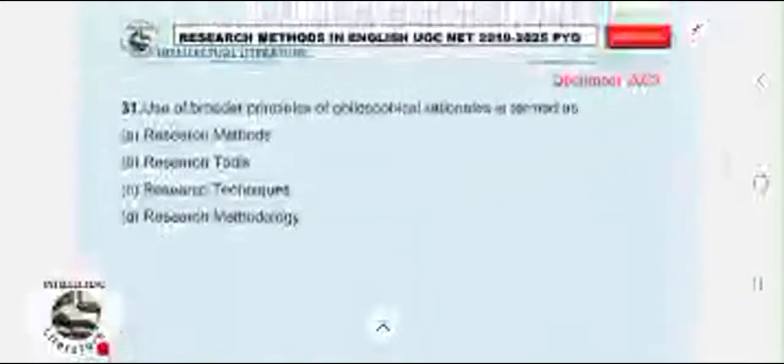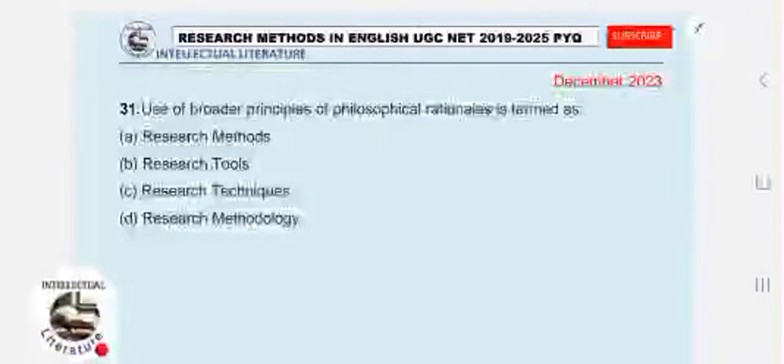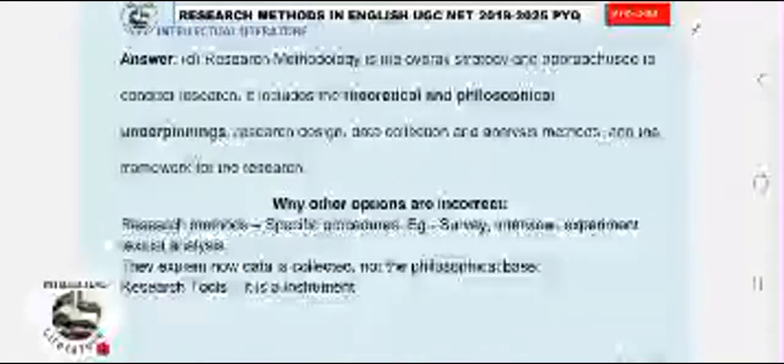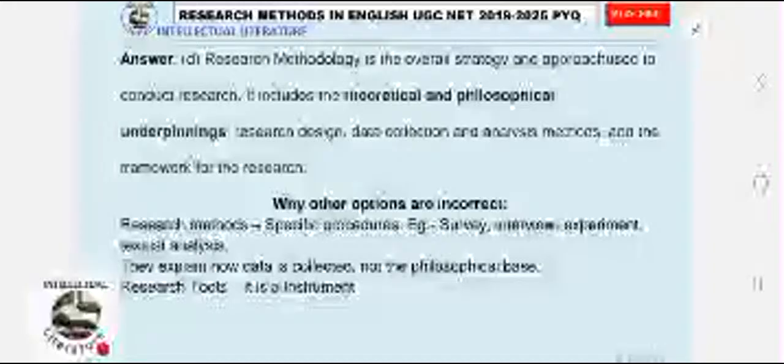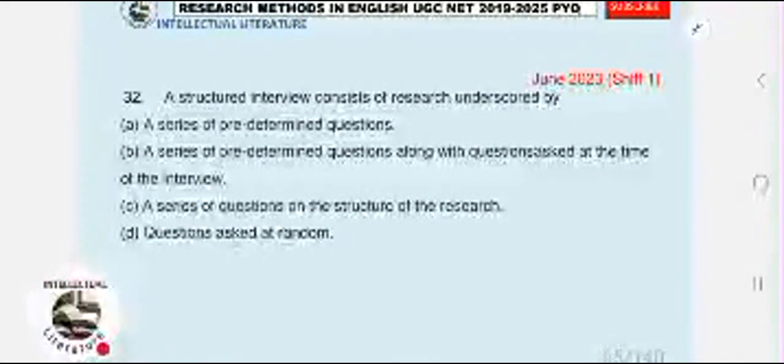This question is from June 2020. Next question. The use of broader principles of philosophical rationale is termed as: research methods, research tools, research techniques, or conduct research. It includes the theoretical and philosophical aspects, data collection, and so on. Next, a structured interview consists of